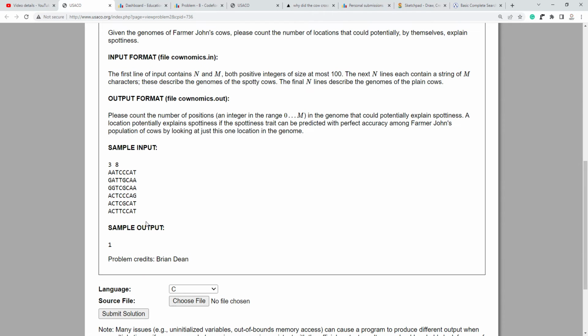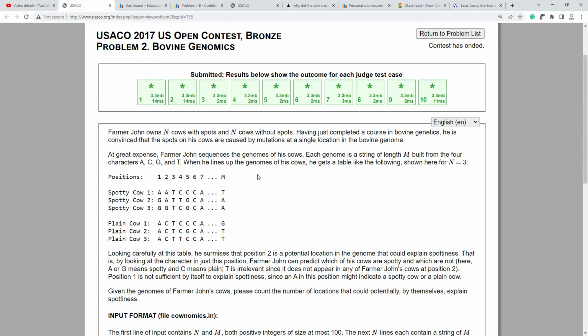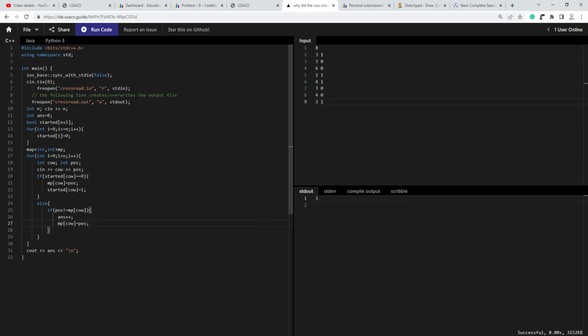So what you do is you loop through all the positions, and then you just check if all of them are distinct. Like none of these appear in these, and none of these appear in these. Or you only need to check the first one, because if none of these appear in these, then the other way around also works. So the code is